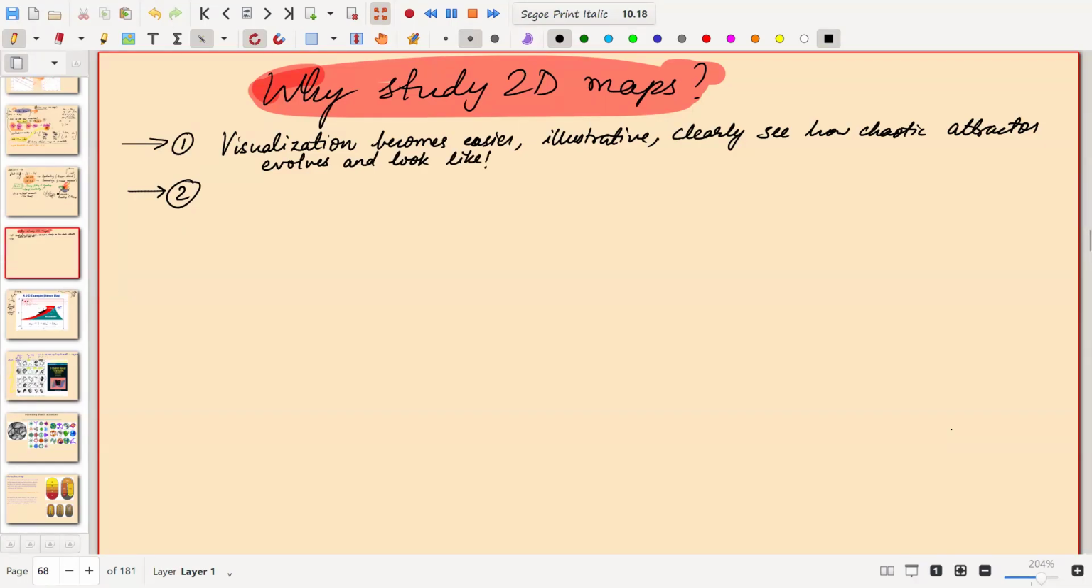Okay. And second is the most important behavior, that is about bifurcations. So in 1D maps, if you remember, what kind of bifurcations have we understood so far? Yes. We understood first is saddle node bifurcation, transcritical bifurcation,